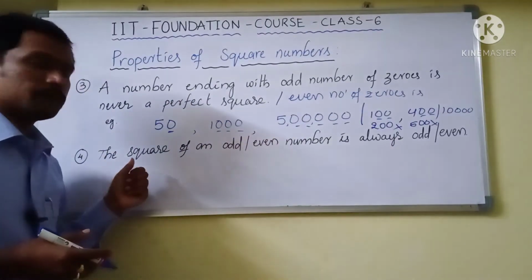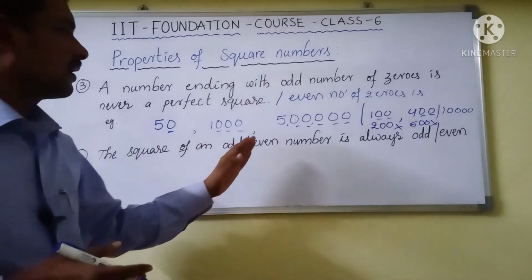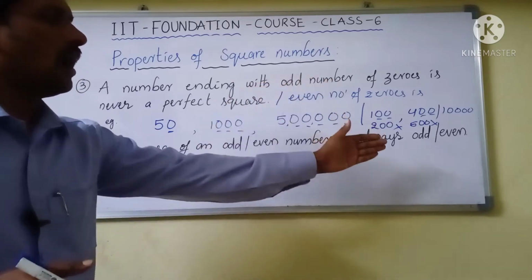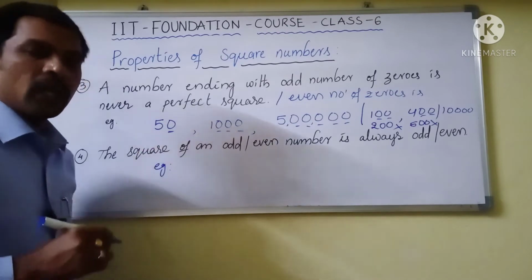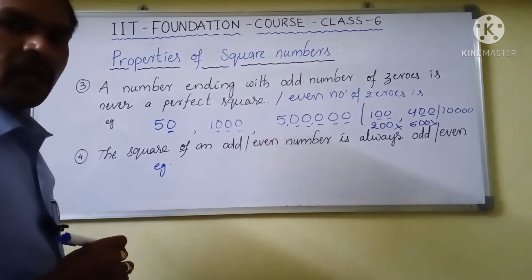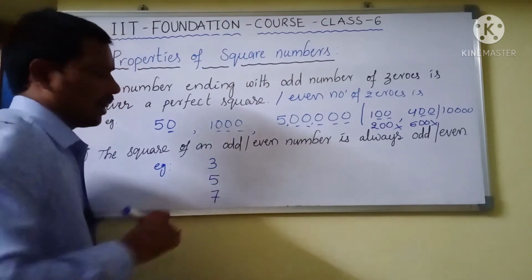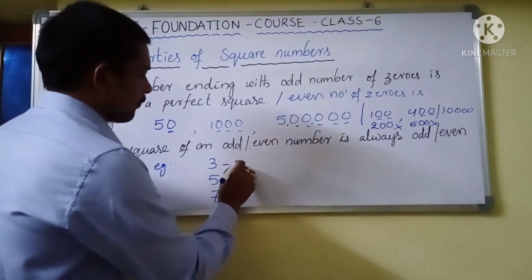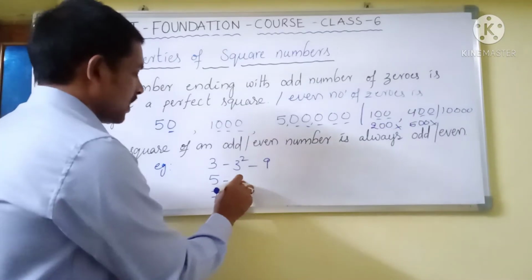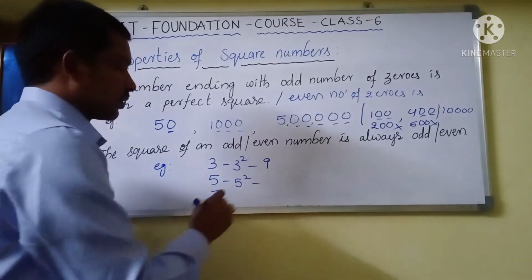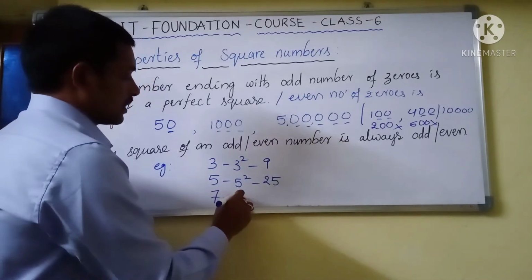Now let us discuss property number 4. The square of an odd or even number is always odd or even. For example, if I take the square of odd numbers, suppose 3, 5, 7 are odd numbers. The square of 3, that means 3 squared, is 9. The square of 5, that is 5 squared, is 25. So 7 squared is